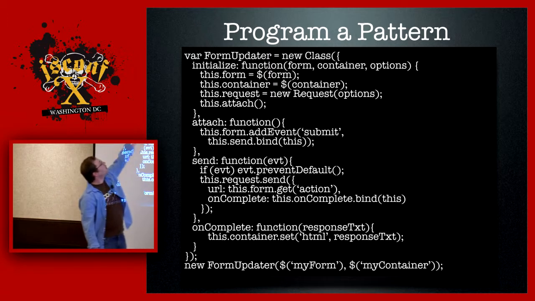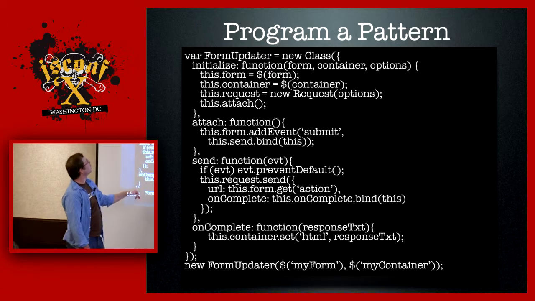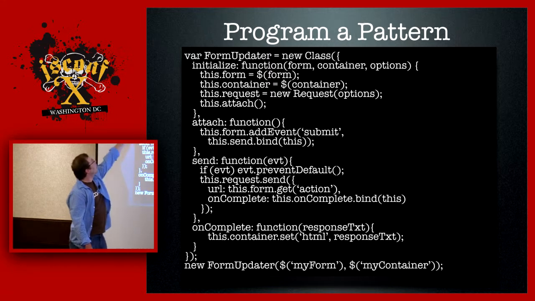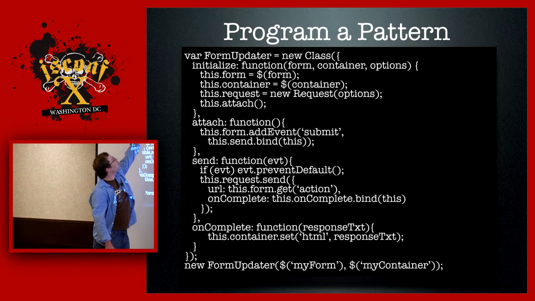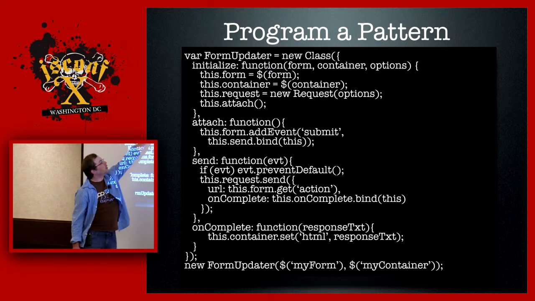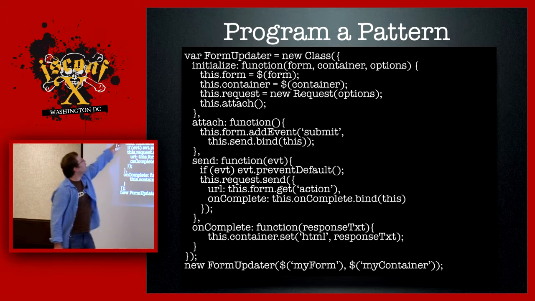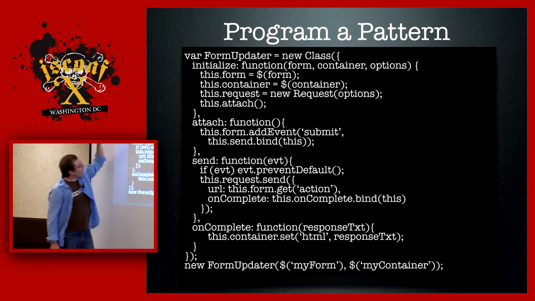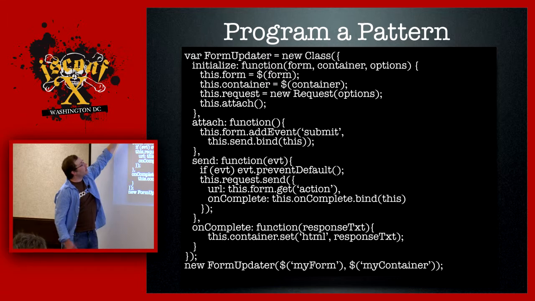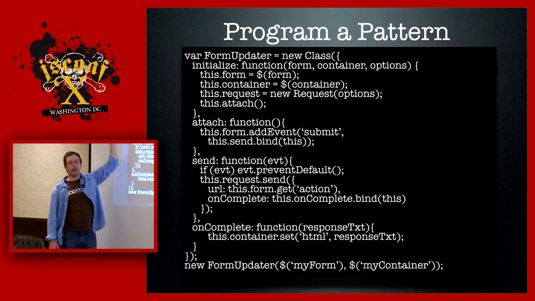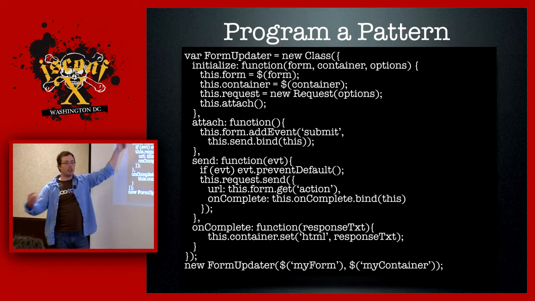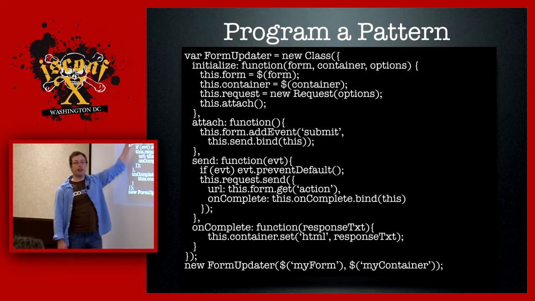So var form updater is a new class. I give it an object that's going to be our prototype. It has an initialize method that takes a form, the container we're going to update, and some options. I then store references to the form and the container, and then I create a new instance of Ajax in Mootools that's called request. And then I have a separate method called this attach. I could have just put this right there, but by having it as its own method, again, I have one method that does one thing. And then in the future, if I decide that I want to add more functionality by extending this, it's an extension point. I can have a subclass that has additional attachments that get made, and then it calls its parent.